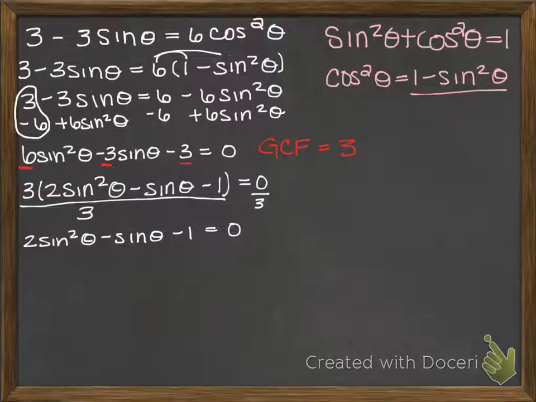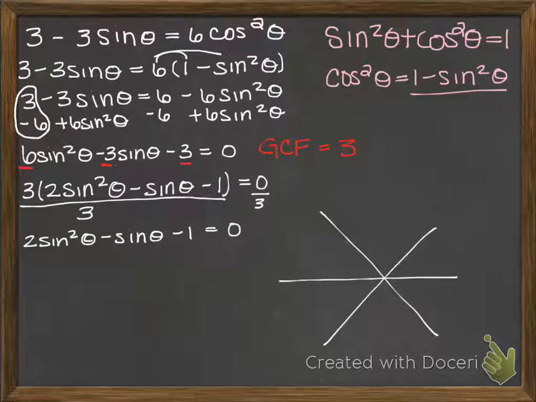And now I need to be able to factor this. I'm going to use what I call the superstar method of factoring, and if you're unfamiliar with this method of factoring, I've made a separate video on just how to use this method. Here I want to use a and c and b. So the top will be a times c, which is negative 2, and the bottom will be b, which is